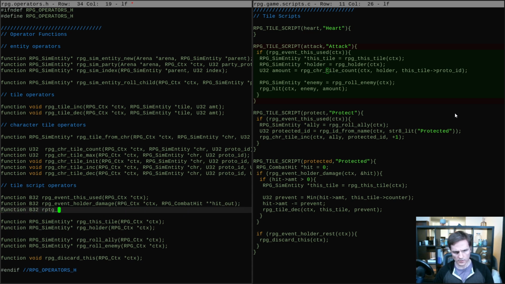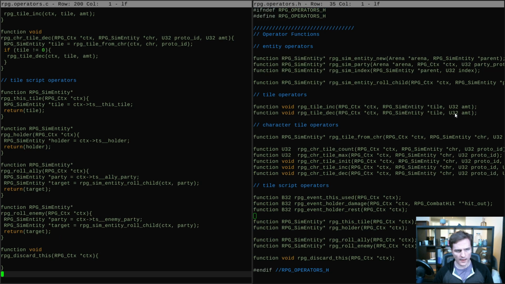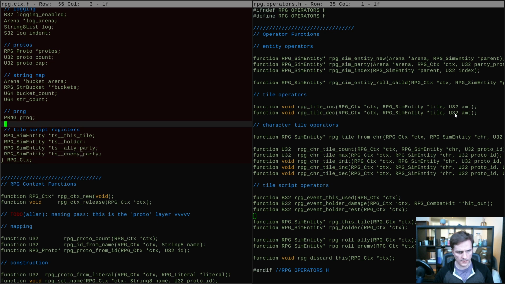Function B2 RPG event, holder rest. So those are the kinds of events that are supported so far. And the way that's going to have to work is we're going to have in the context